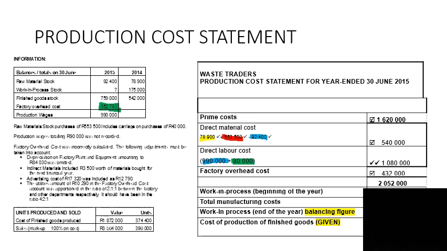After all the adjustments, our fixed overhead amounts, because the question was requiring the note, the calculations were not part of this production cost statement. The answer, which is a transfer, was 432,000. Then we are going to say now 1,620,000 plus 432,000, our fixed overhead, will give us total manufacturing cost of